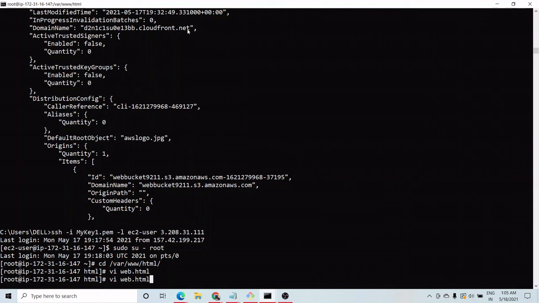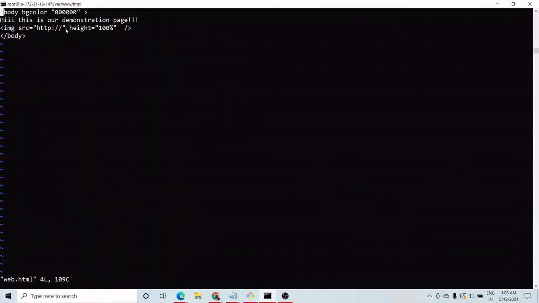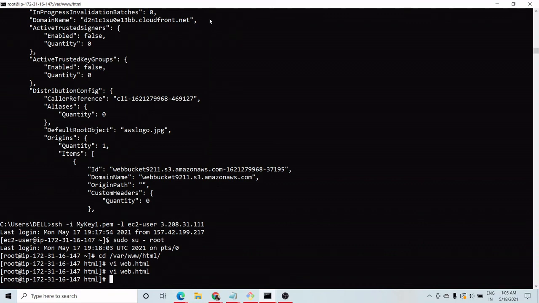I got the domain name. I went inside again and I'll paste it here. Yeah, I pasted it, okay, fine. Now I'll save it. I'll go outside and now I'll check whether it is showing me my web page and that image or not.